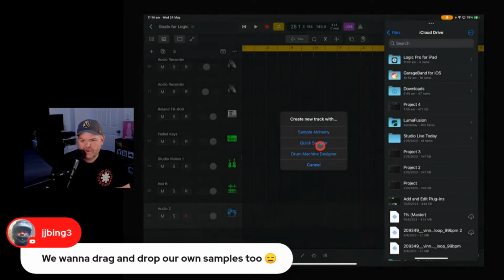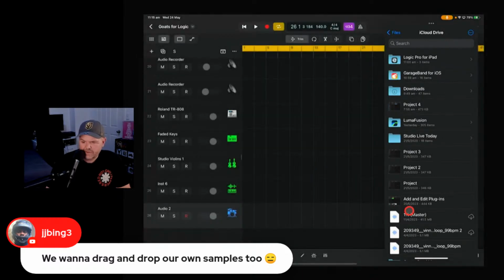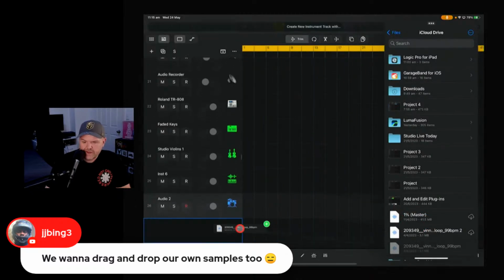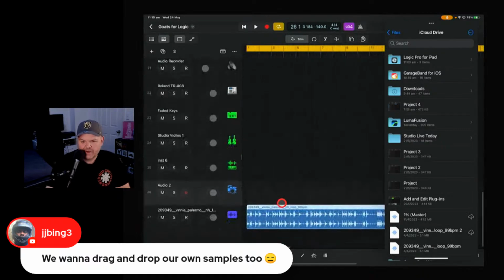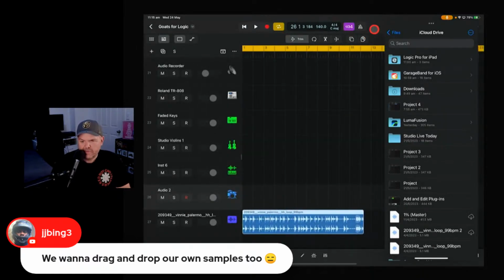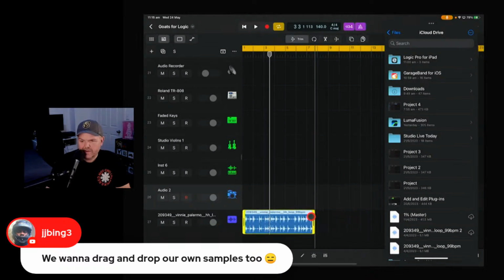So if we go to the quick sampler, actually no, we did that last time. Let's just cancel that. Let's just drag this one over and put it there. And this might be a good one to show that stretch that we can do too. Because if we put the metronome on, no bueno, right? But if we want to make it bueno, we can stretch it down to either make it, whoops, that was the trim.